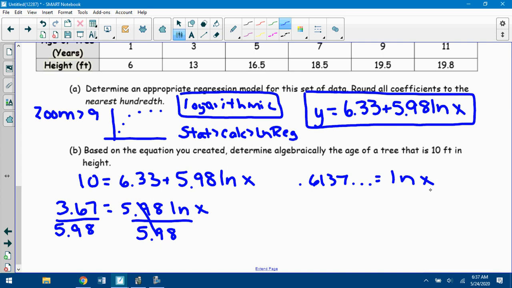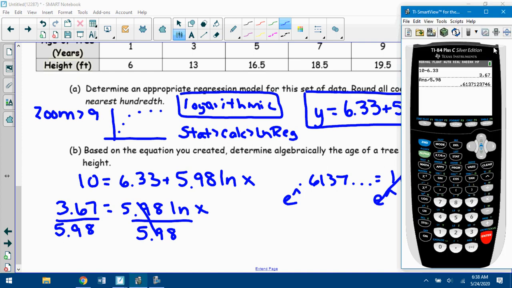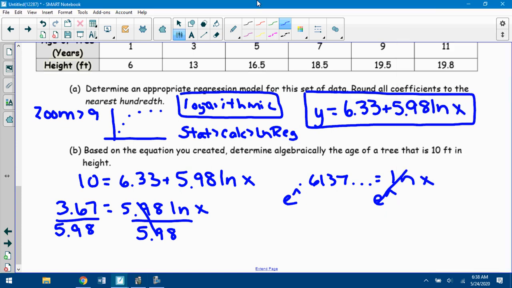Well, ln is a log. It's a log base e. And you have to do that process of exponentiating. You exponentiate by e. So you do that to both sides, cancel out. And then you have e raised to that number. So use that so you're not rounding. And you get 1.847 and so on,